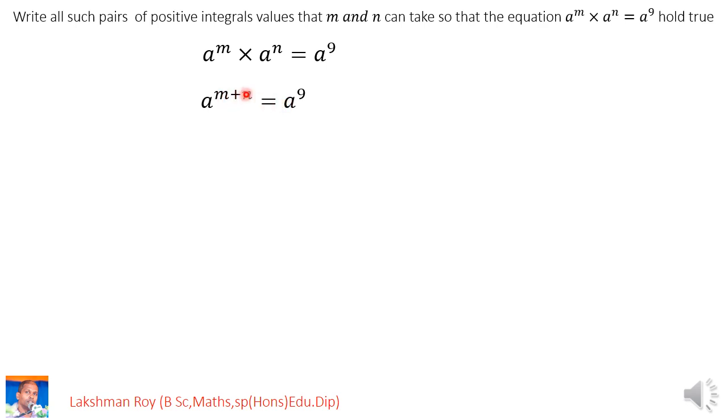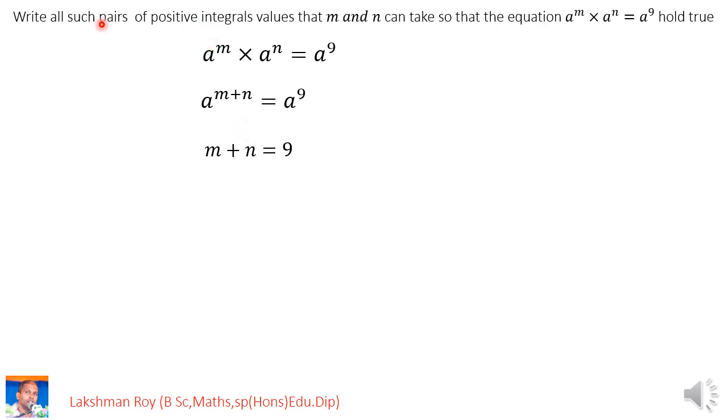So that is the thing we can take. Now using this simple equation, we can find m and n, right? We want pair of integral, positive integral values for m and n,